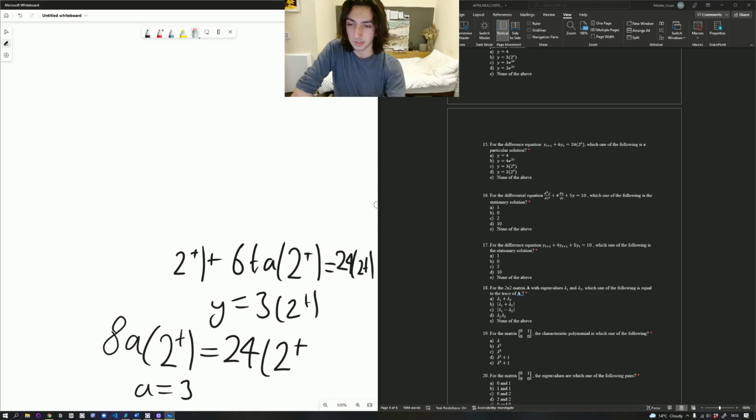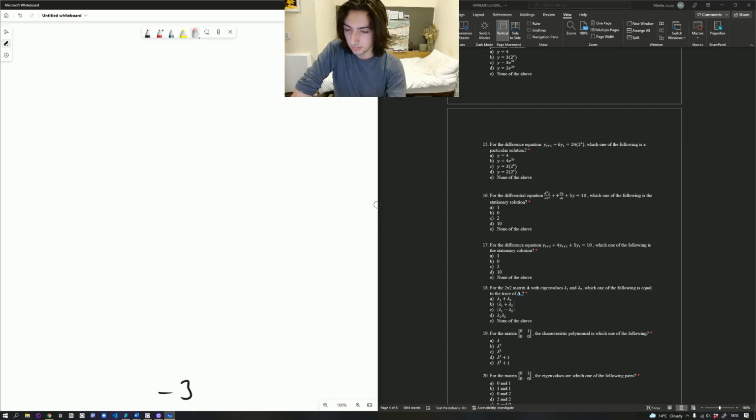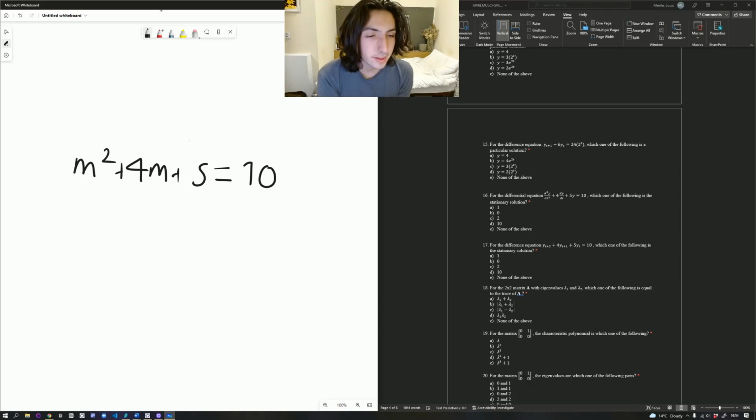Okay, so we've got a differential equation here. If you guys remember from differential equations, there's a specific form to some differential equations. But this one is a homogeneous one, thankfully. You can see that because we've got a second order one, and we can easily phrase it as a quadratic even. So we have m squared plus 4m plus 5 equals 10. And so what we would do here, because we've got two separate roots,